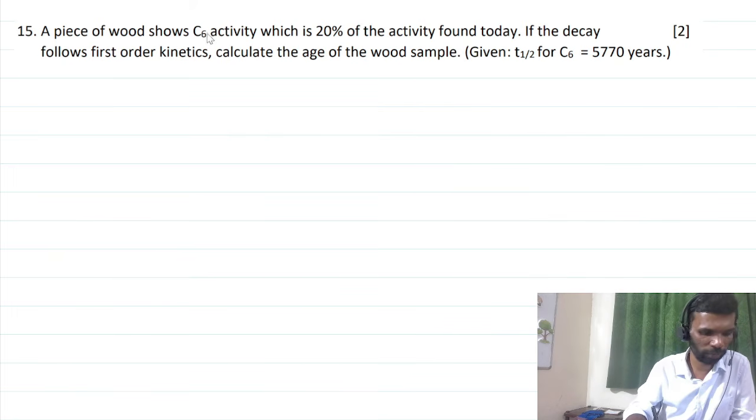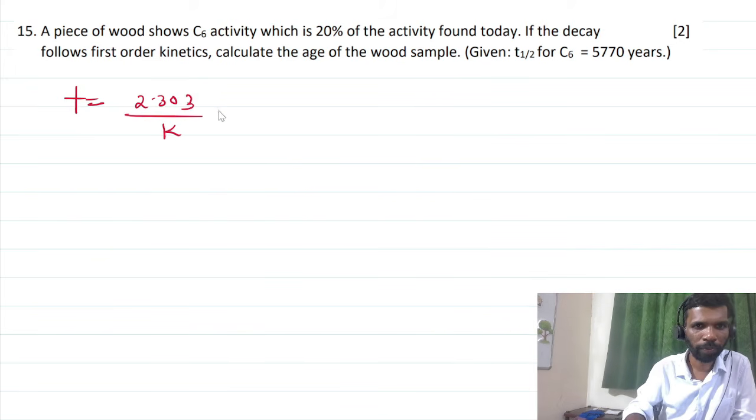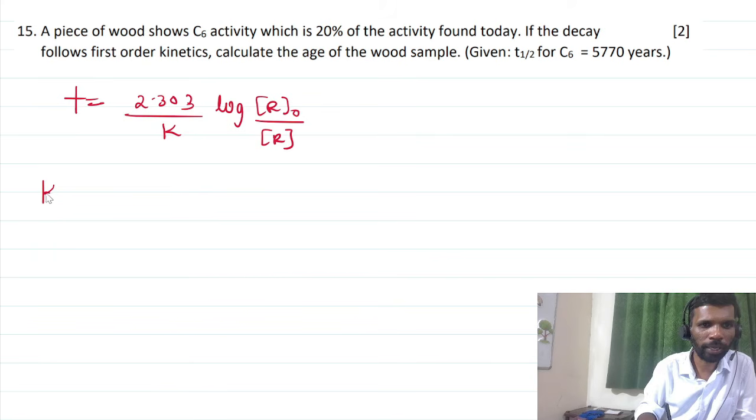Age of the wood means I am finding total time, right? To find the time, what I require is again this equation: 2.303 by K log of R0 by R. But I need a K also. So what is K for a first order reaction? 0.693 upon T half. T half is given to be what? 5770, right? So here what I write is